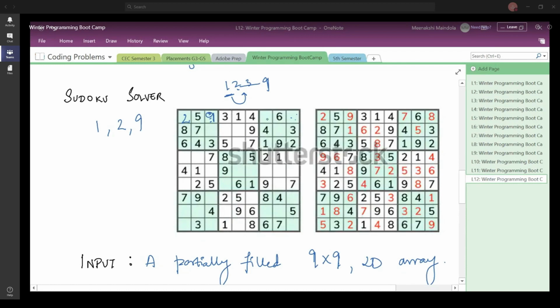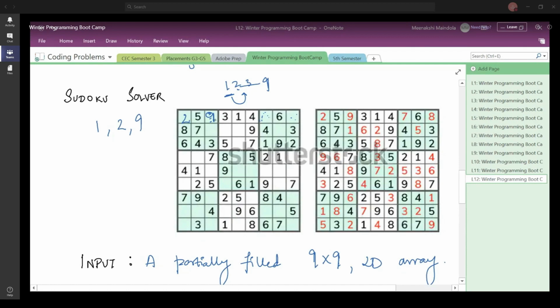Then if you pick up the next empty cell as this, let us say you pick up the next cell as this element here. This is the next empty cell. You pick this up again, starting from 1, check if 1 to 9, check which element can you fit here. So 1 is already here in the same row. It cannot come at this position. 2 is already in the same column, cannot come here. 3 in the same row. 4 in the same row as well as in the same column. 5 in the same row. 6 in the same row.